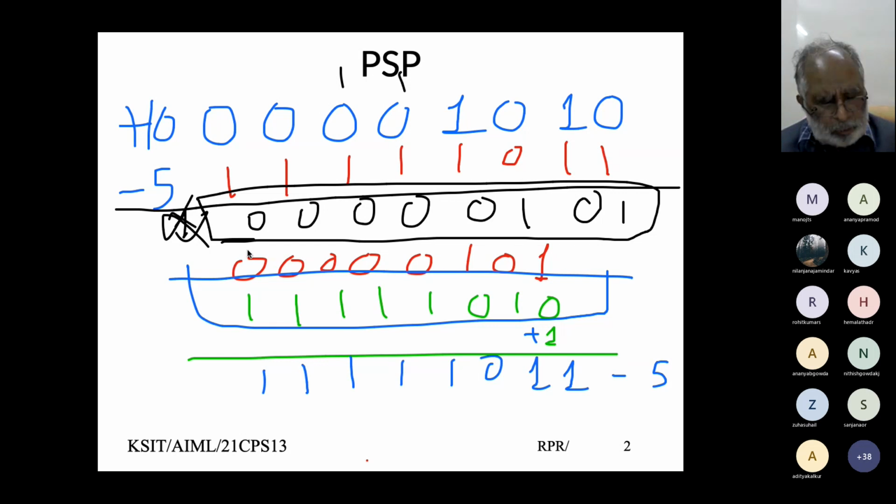What it gives you as a property is that whether you add two negative numbers, two positive numbers, or one negative and one positive, we can simply do an addition and life becomes a lot easier. It becomes simple arithmetic. So we basically do integer arithmetic using 2's complement.